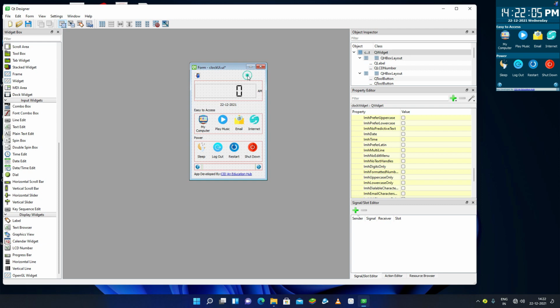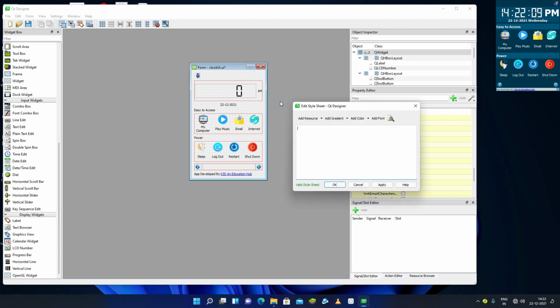Now let's add some of the themes. So I'll right click on this, change style sheet, and now I'll add the background for our Q widget. So I will use Q widget, and under the curly brace I will pass the background color.